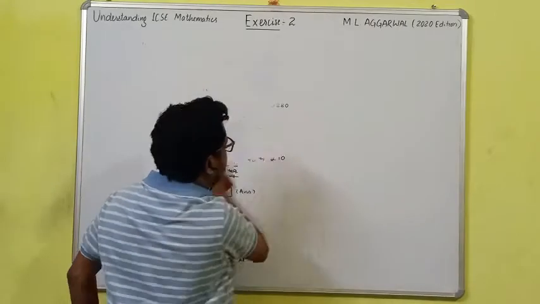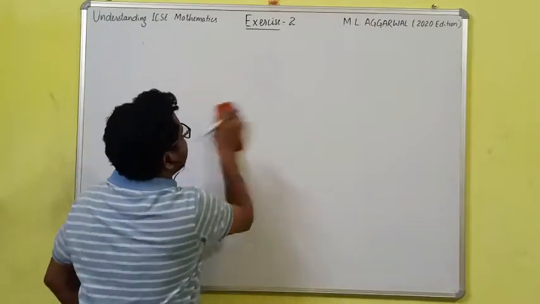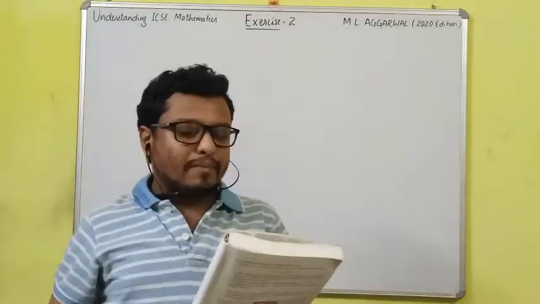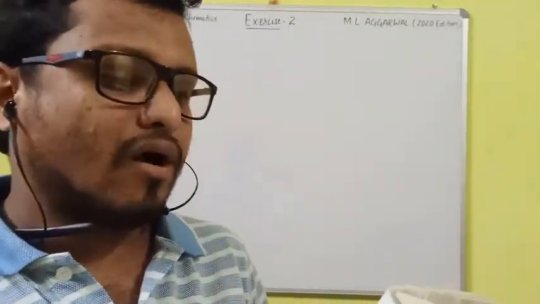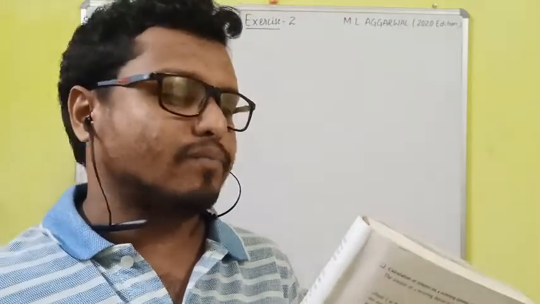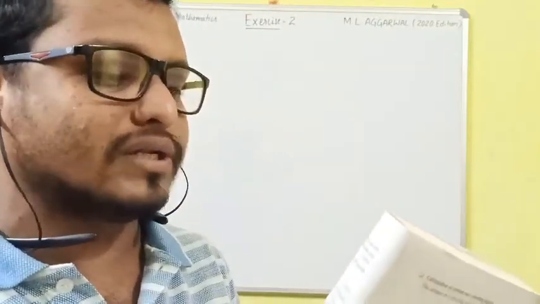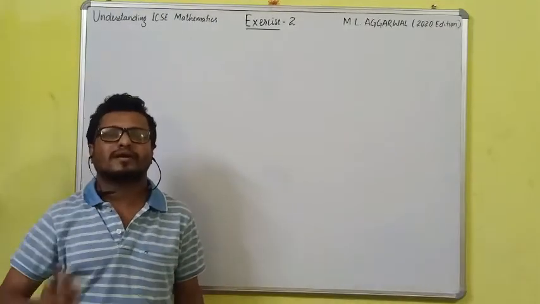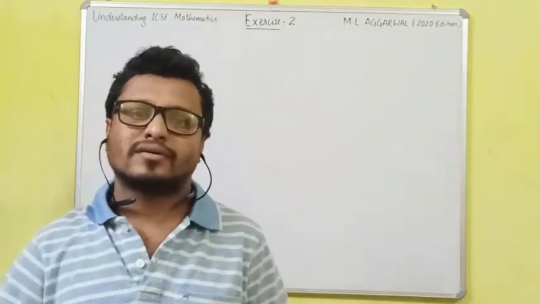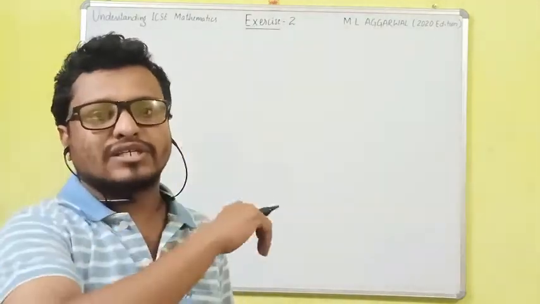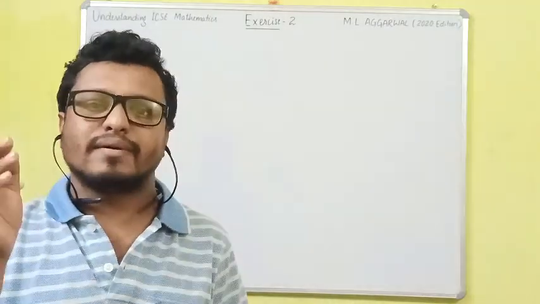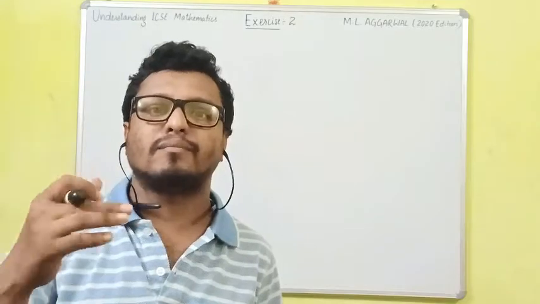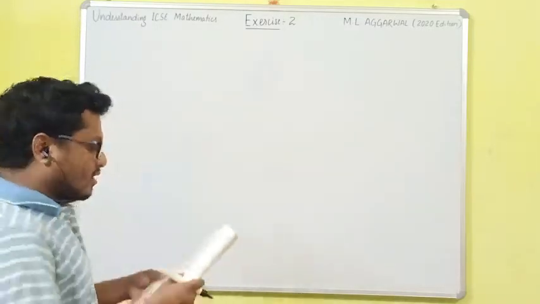In this question number 5, see what we have to do. Let's read out. David opened a recurring deposit account in a bank and deposited rupees 300 per month for 2 years. He received rupees 7725 at the time of maturity. Find the rate of interest. See here, I have told you that two kinds of problems can come in case of finding the rate of interest. In the first case, interest is given, but here maturity value is given. From the maturity value you have to calculate R. So how will we do it?